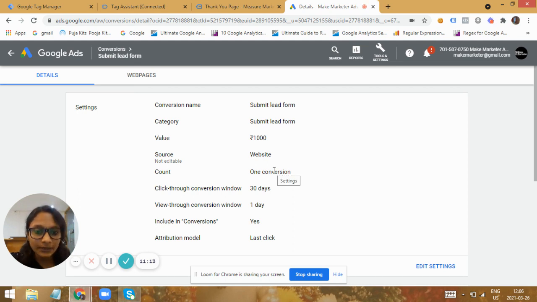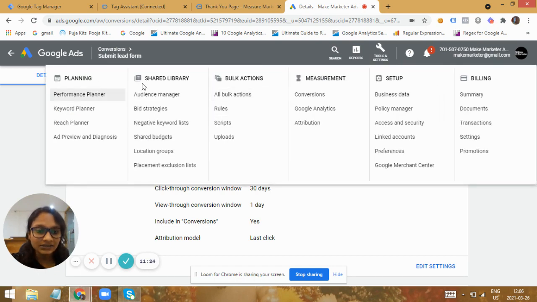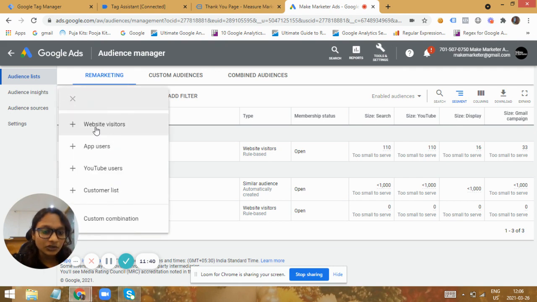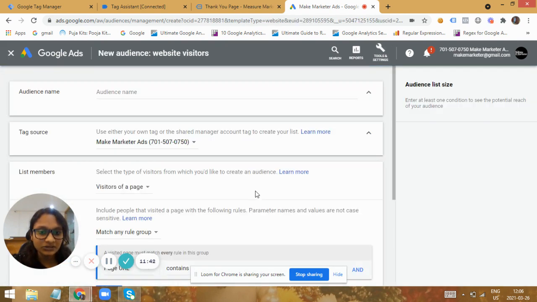It would take some time for the data to get into Google Ads. It needs nearly more than 50 events for this property to be captured in the Google Ads Audience Manager. So I have created this Ads remarketing tag or the conversions a while back. So I have some data for that, so the properties are now in this Audience Manager. So I'll just create an audience based upon these custom parameters that I have used.